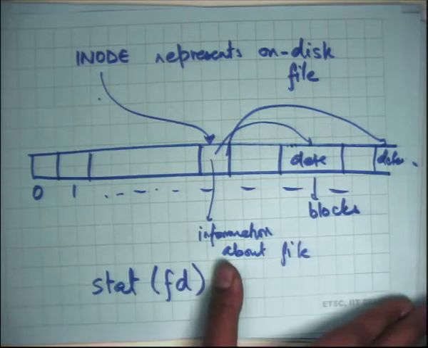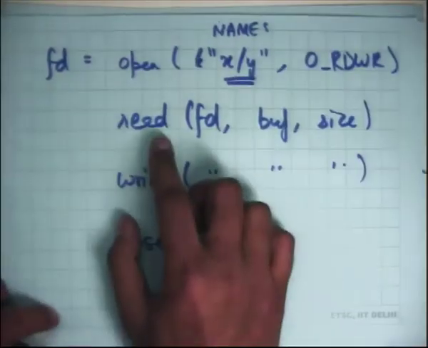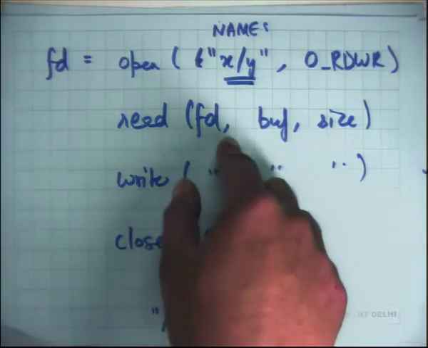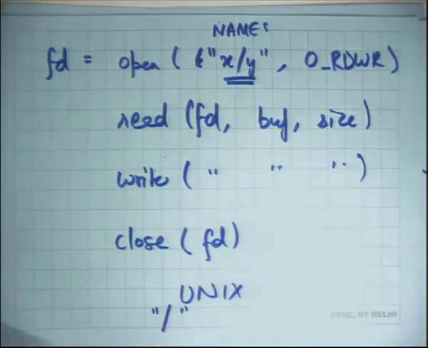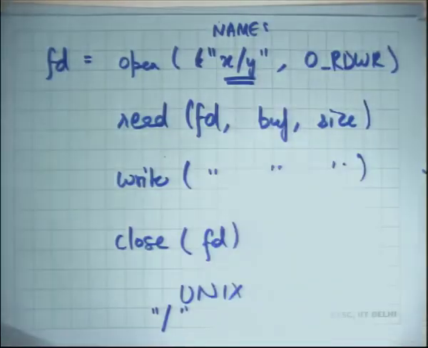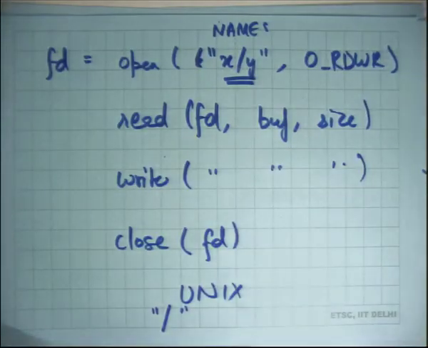Okay. So recall that in this interface, when I say read fd buff and size, nowhere do I say give an offset. The offset is implicit. When you open a file, depending on what mode you opened it, let's say if you opened it in read write mode, the offset is initialized to 0, and then as you read or write to the file, the offset is automatically incremented by the data items that you read or wrote. This actually turns out to be an interesting design decision at the interface level.